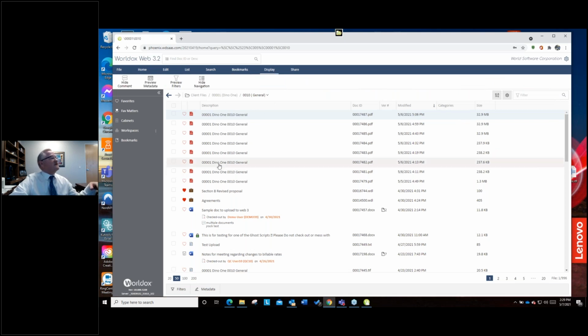And then of course the display, which will grow as the product grows, obviously, but hide the comments within the list or preview the metadata, preview filters, that kind of thing. And then of course the sharing menu, which allows you to email a document and save or share through the